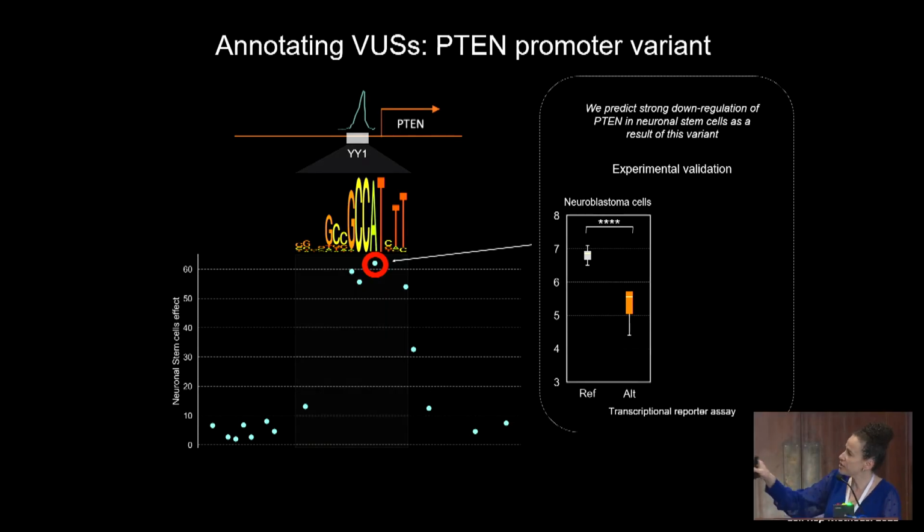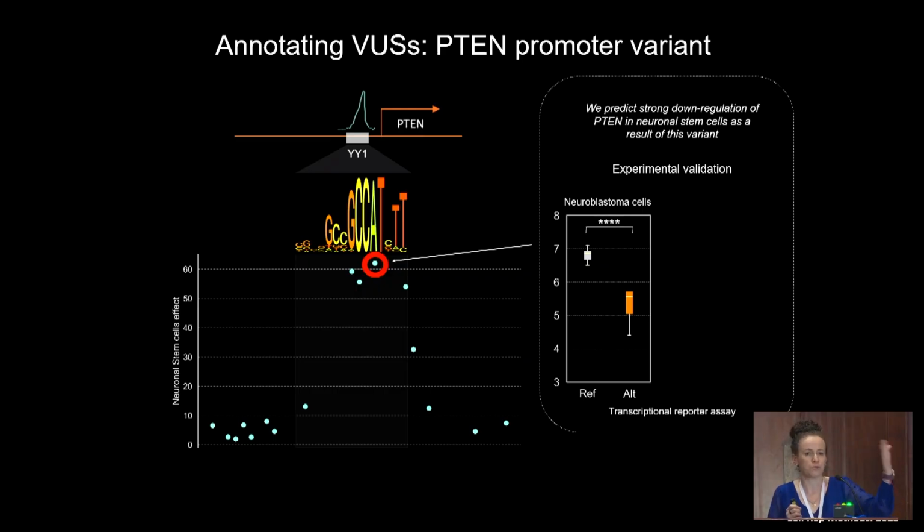So I'm a little bit cheating. This is actually verification of not this specific model, but our previous model that is not developmental-stage specific, but does cover all of the available cell types that had previously been profiled. There we looked at variants of uncertain significance from ClinVar. I'm showing you PTEN because even though many of you in the audience know PTEN from its cancer significance, we were interested in it from its role in autism. So we're looking at our model that is specific to neuronal stem cells.